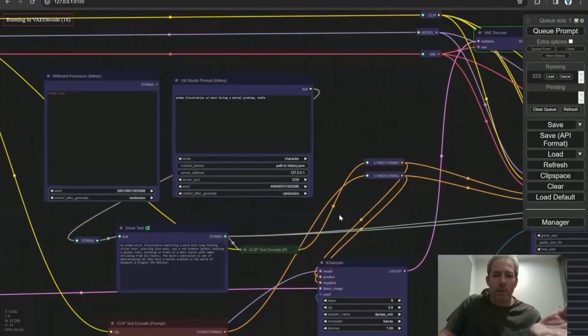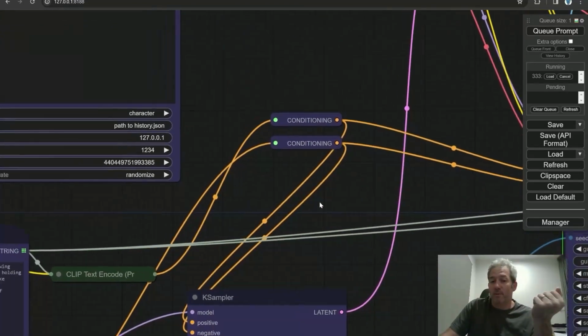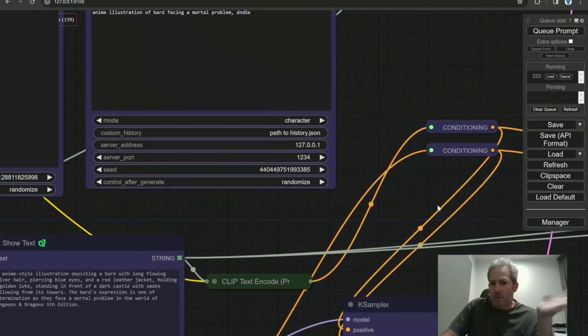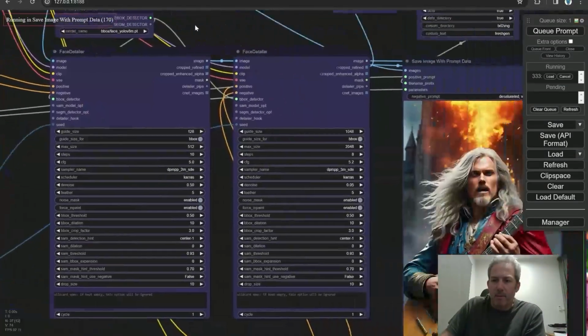In this node, you should know, you can also use the wildcards that we have talked about in the previous videos. It works, right? So just put your wildcard in it, it's great. And the image, I'm just